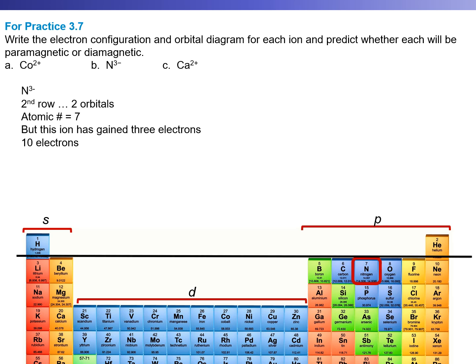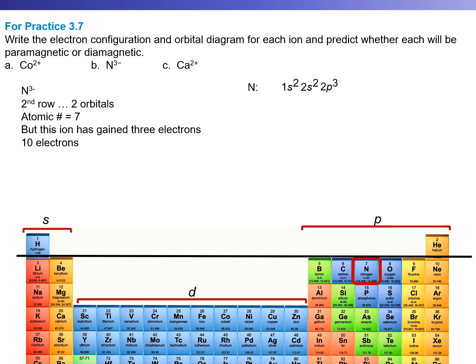And we know that everything in the 1st row is going to be filled in. It's the 2nd row where we're going to have to manipulate a little bit. So if we write the electron configuration for nitrogen, we know we're going to have 1s2, and then we're going to have 2s2, and then we're going to have 2p1, 2, 3. All right. So the question is,